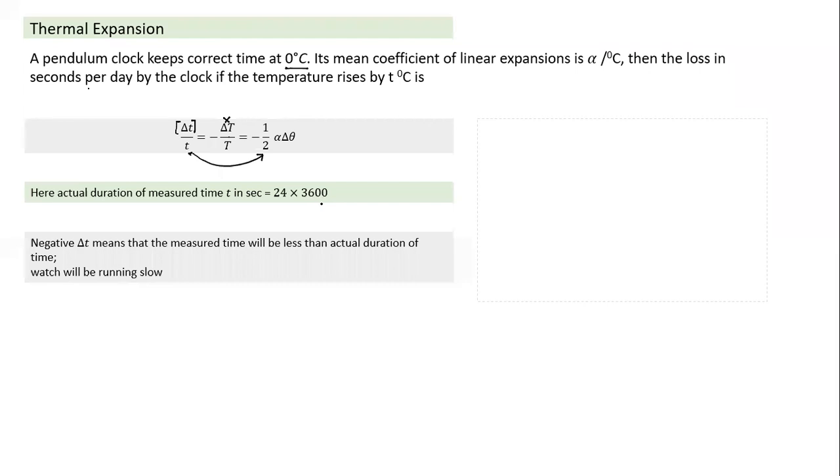when the measured time is less, we know that sometimes you use the word, the watch is fast. In 12 hours, if the watch shows 12 hours 2 minutes, it means delta T is plus 2 minutes. After 12 hours, if the clock shows 11 hours 58 minutes, it means delta T is minus 2. So a negative sign indicates the measured time is less than the actual duration. The watch is running slow. And how much slow will it run? One day if it loses a certain time, the next day also it will lose the same amount of time, delta T.